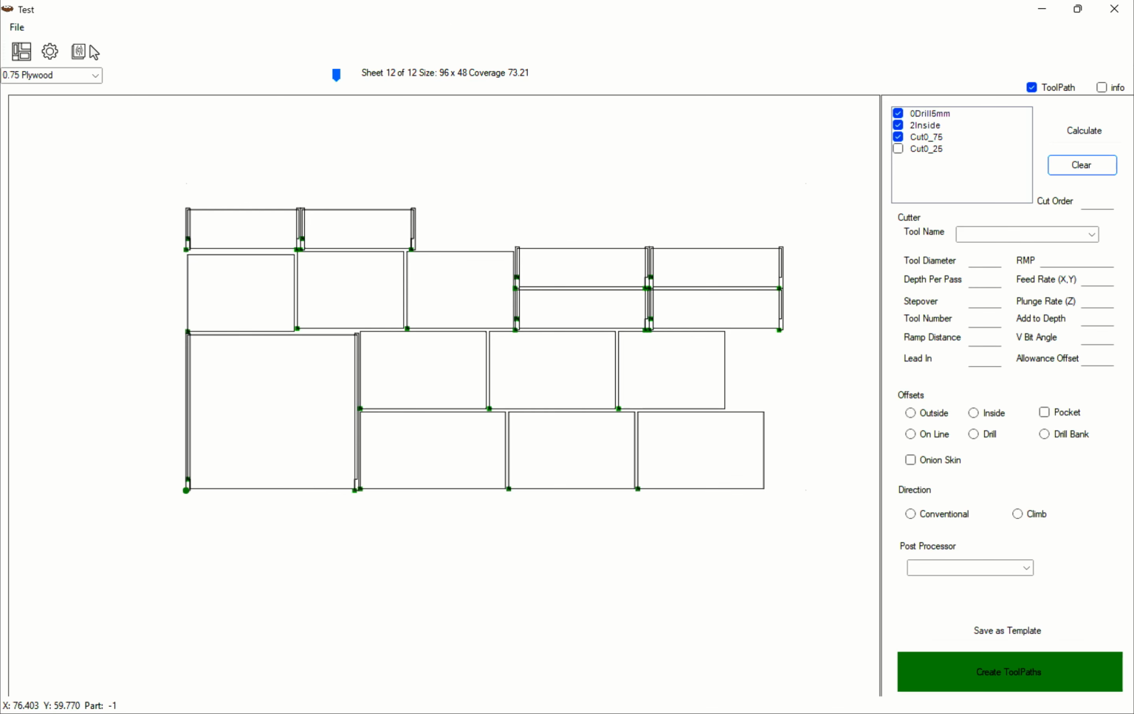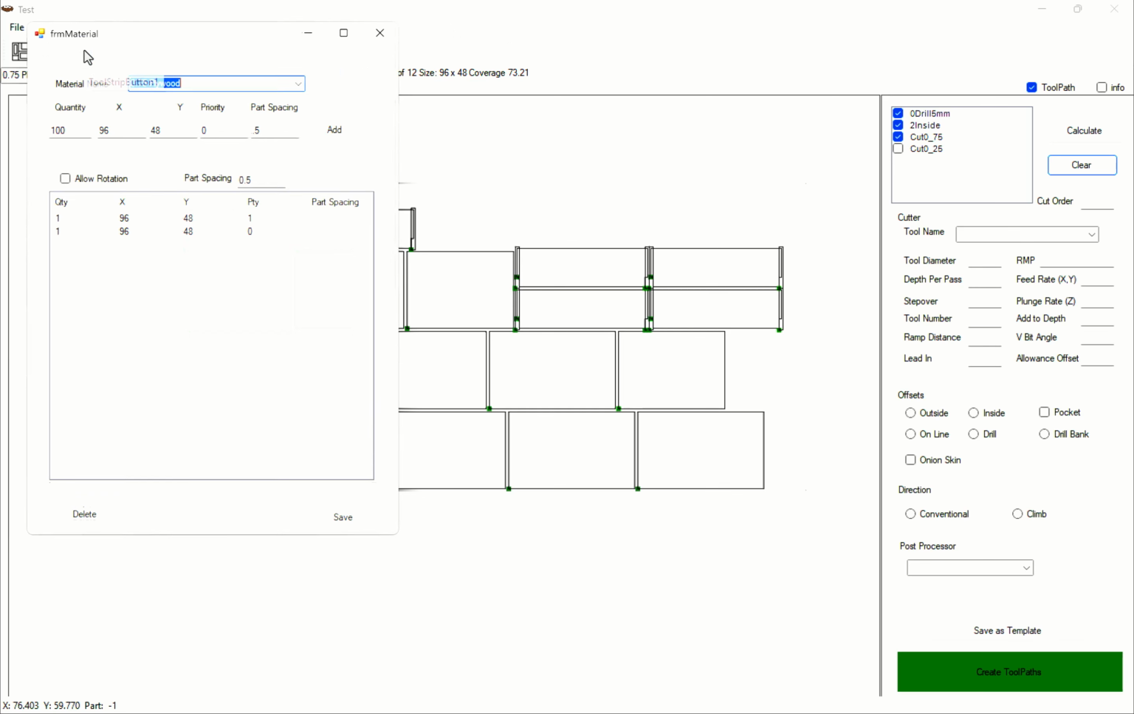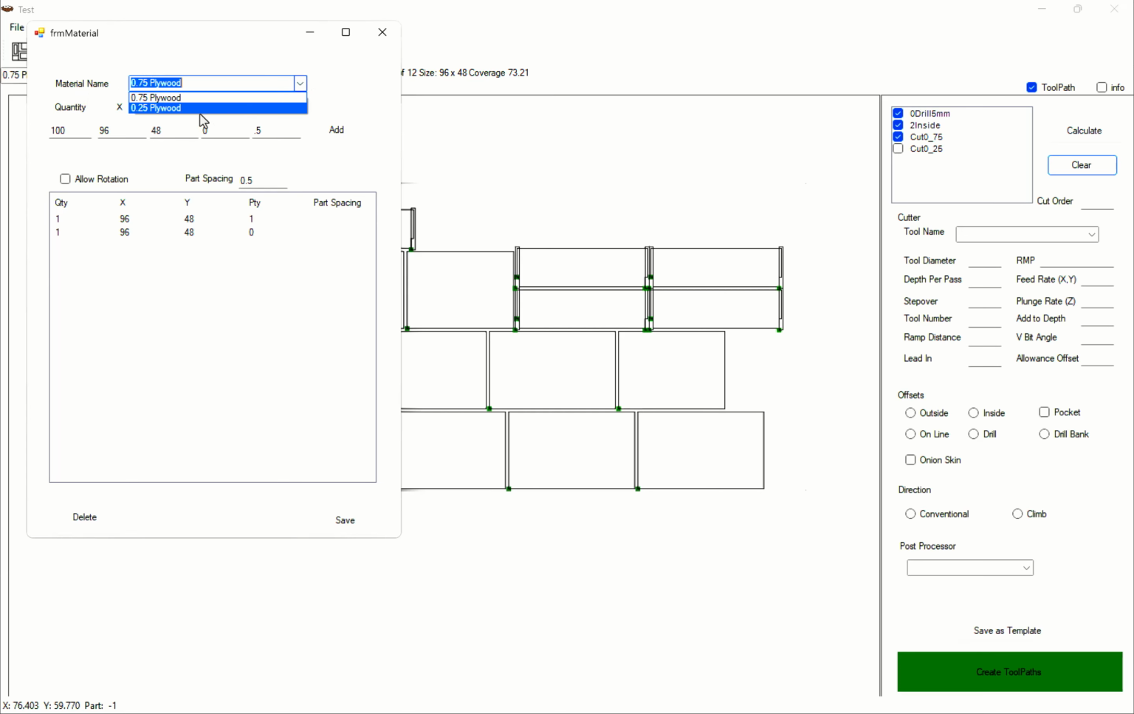We have a button located here to be able to view our material. So we have currently entered in, as far as material goes, 2 different types of material. The allow rotation and part spacing has moved from a global setting to a material level. So this allows us to have a different part spacing for our 3/4 inch plywood than we do for our